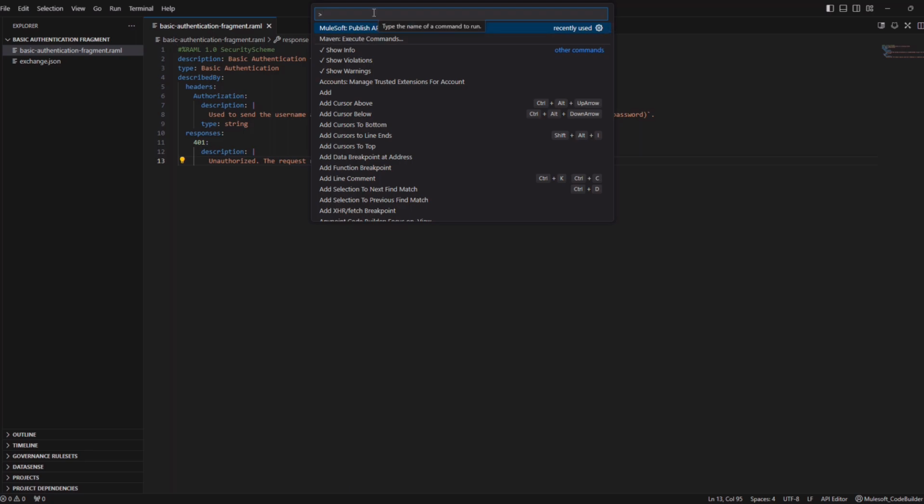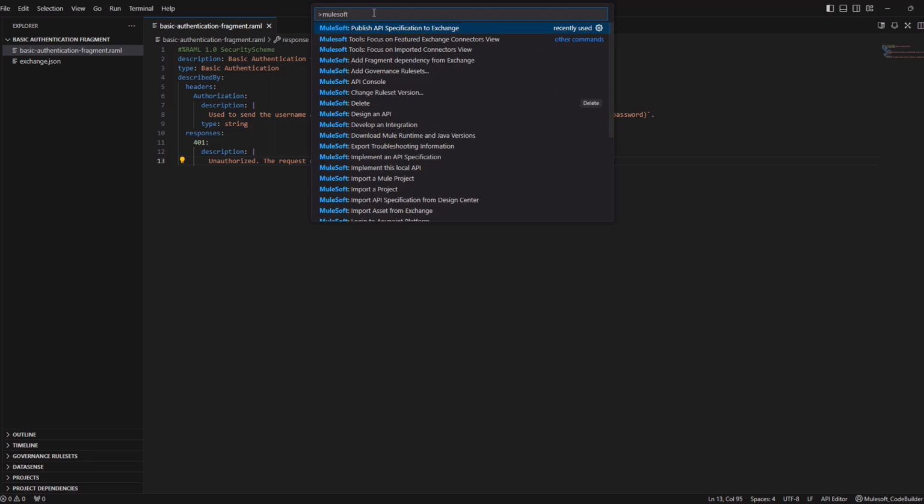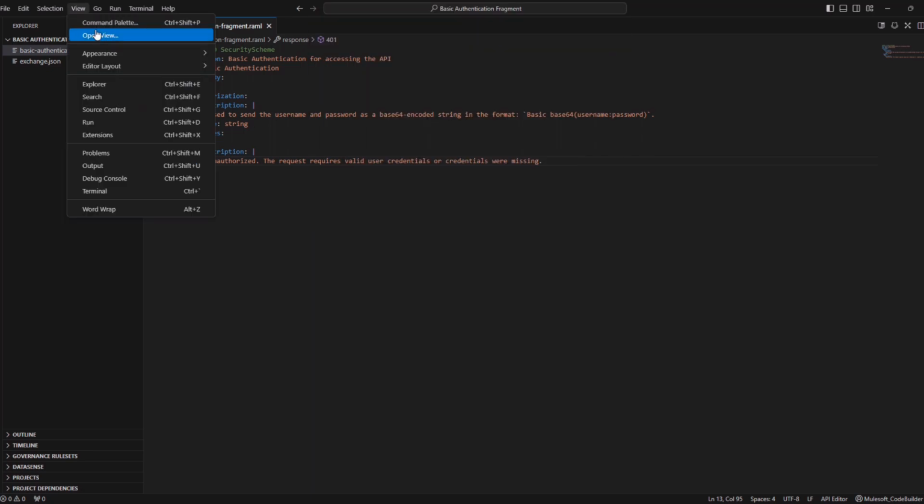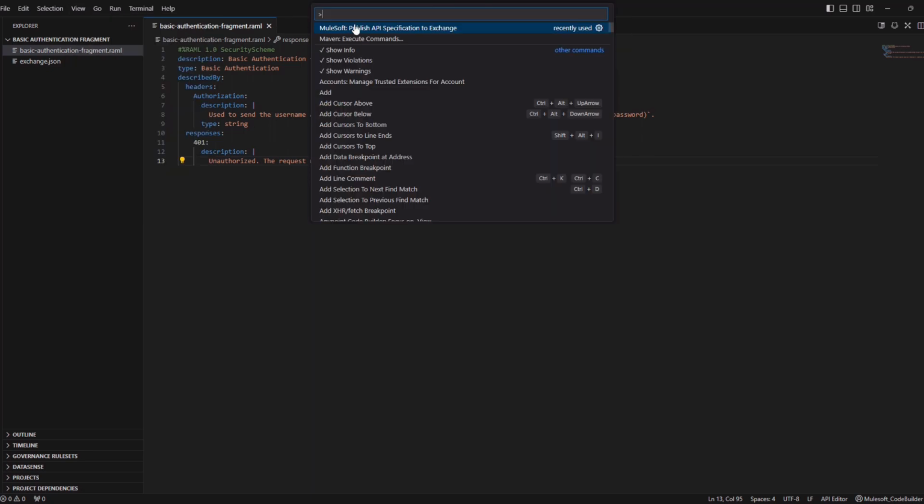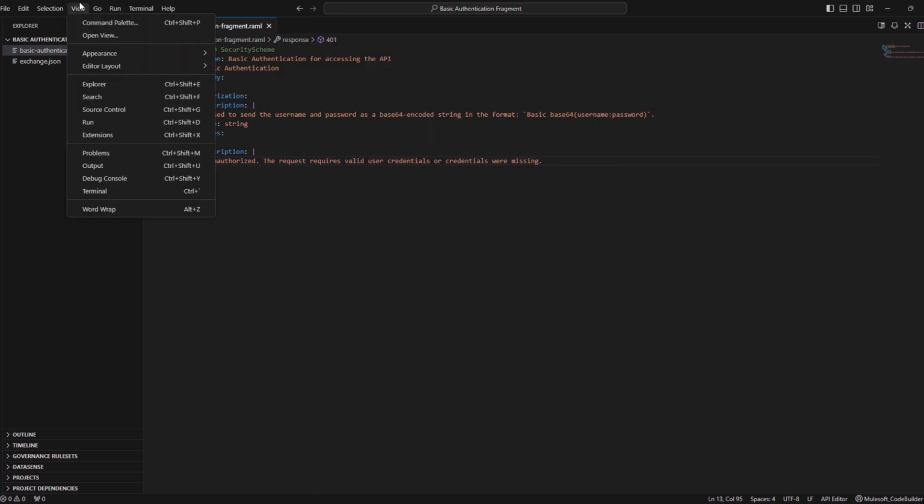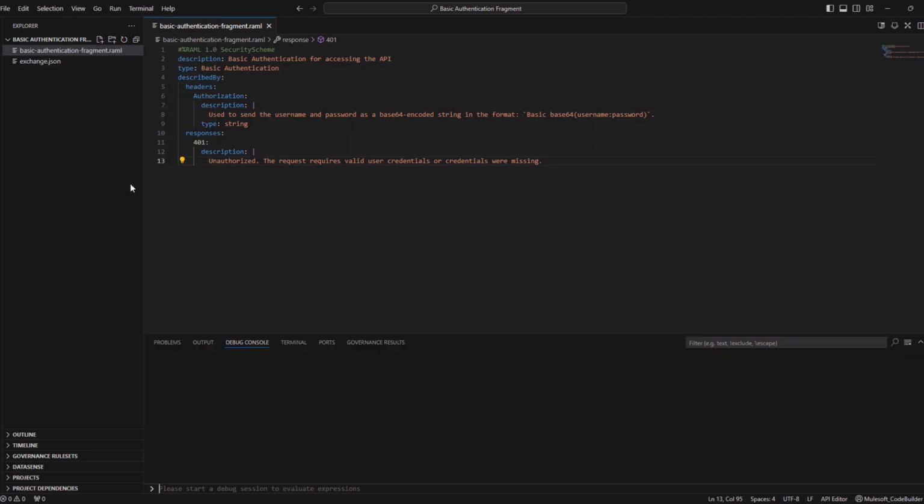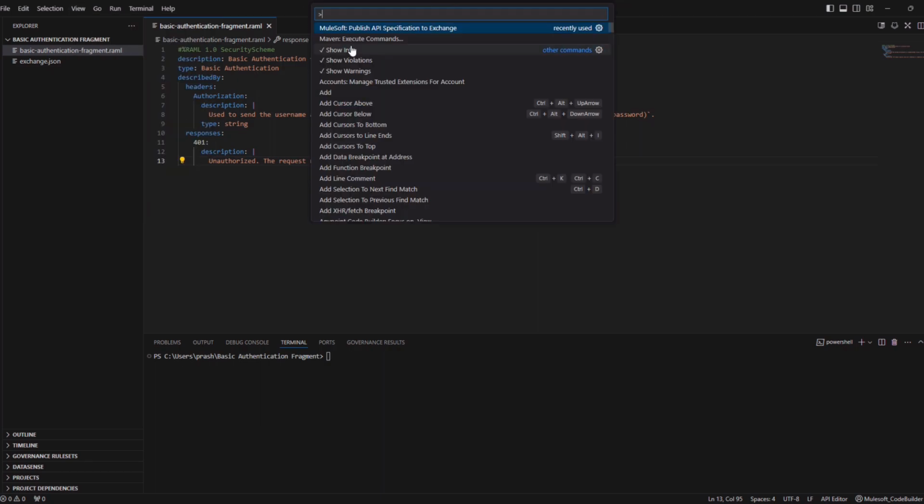Now for publishing, you can follow the same approach which we followed, that is go to view, command palette, and search for the MuleSoft command, and then select this publish API specification to exchange. Or you have another option to go ahead with the terminal, and in this terminal you can provide the MuleSoft command manually. So there are two options. For me, let's go ahead with the command palette, which is easy for us,